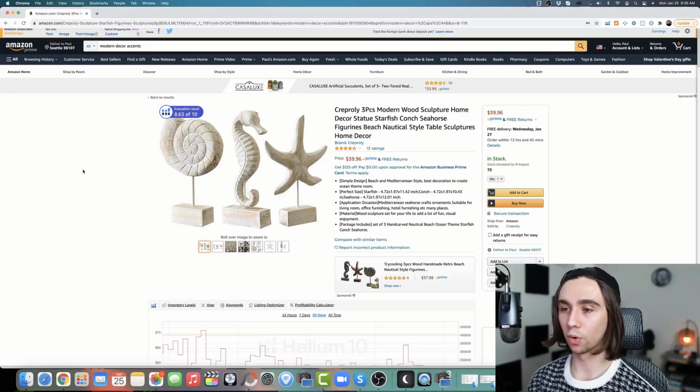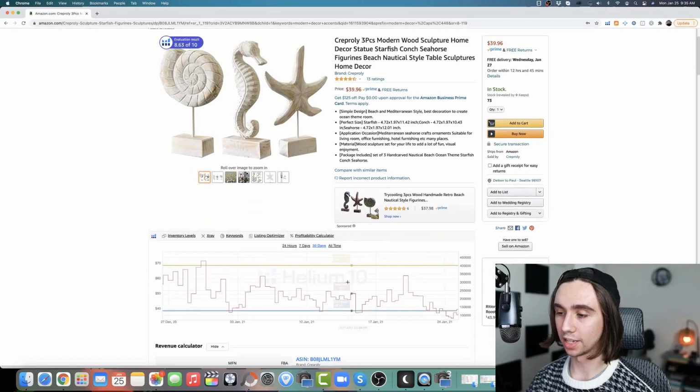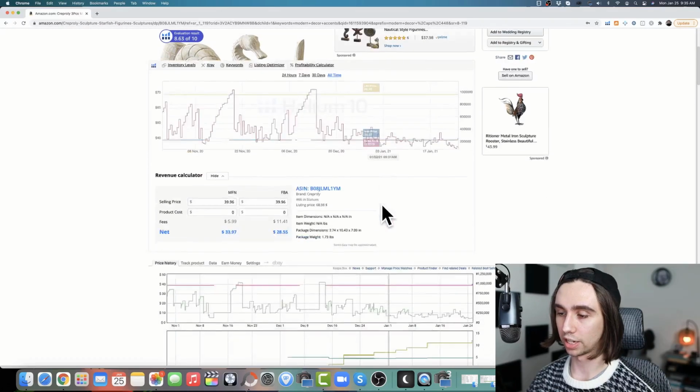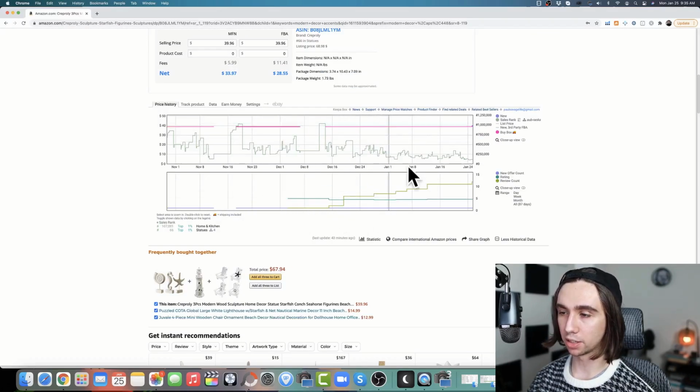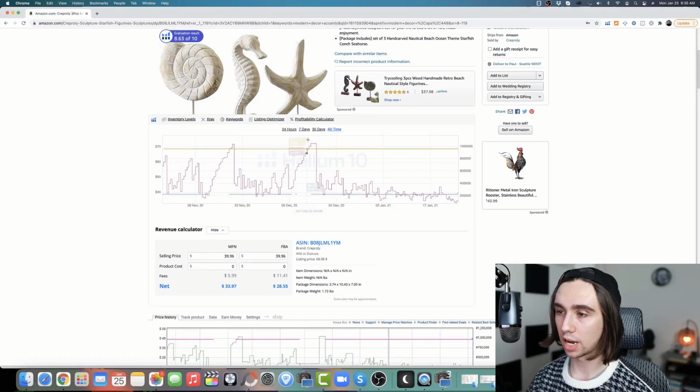Now that we know what I'm looking for, how am I making changes to this product to sell it successfully? So we have something like this. We already know that it's selling well. We could look at their sales history graph. If we come down here to Keepa, this graph's paid for. It's some monthly fee. This shows you review velocity. So we can see how they launched, and when they started getting the majority of their sales. We go all time. I'm already looking at all time here. They came in about November. They've been selling pretty consistently throughout here. They went out of stock or inactive a couple times. For the most part, it's just pretty consistent and normal,